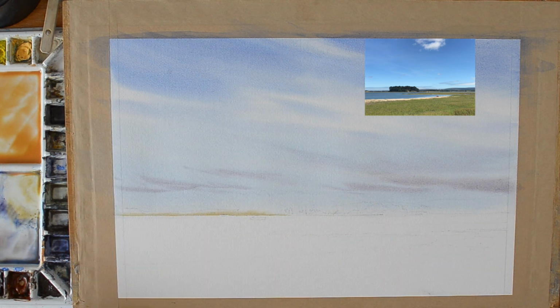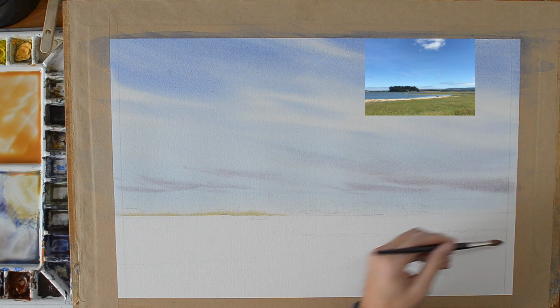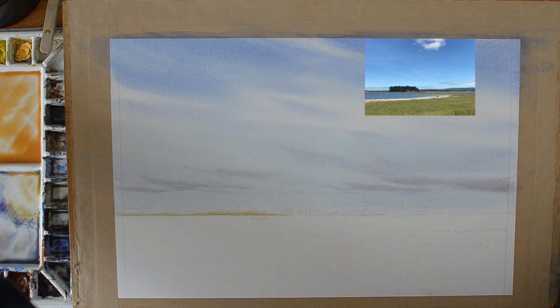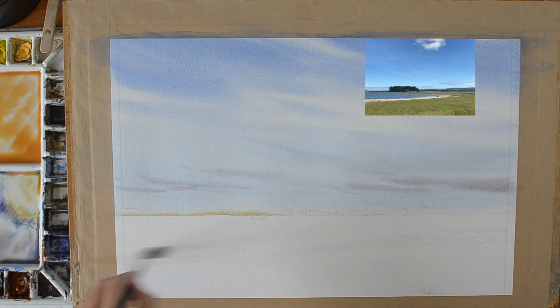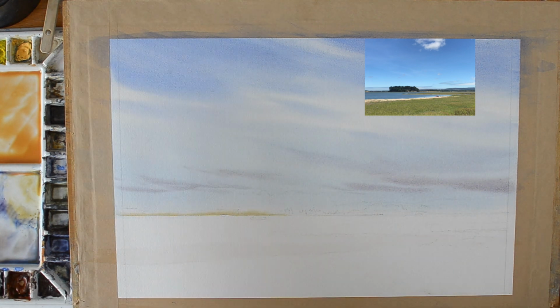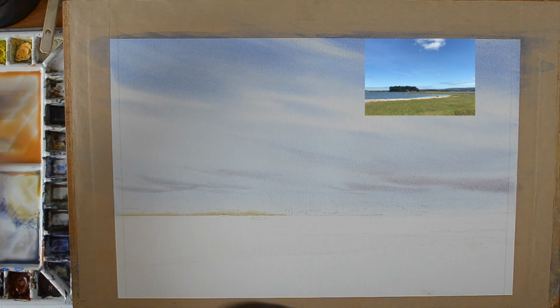So I'm just going to get some clear water and paint around, very approximately, where that area of beach wants to start and finish. I don't mind the fact that it's going to run up a little bit. In fact, I will start it up in the area of water, because then when I paint the water over the top once it's all dried, whoops,